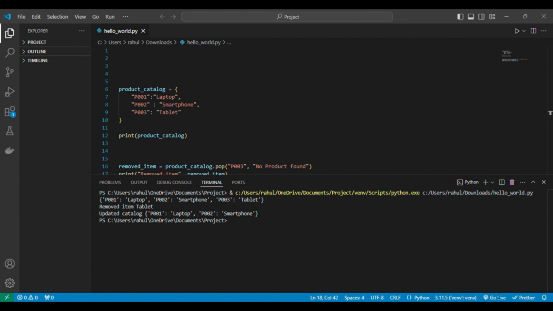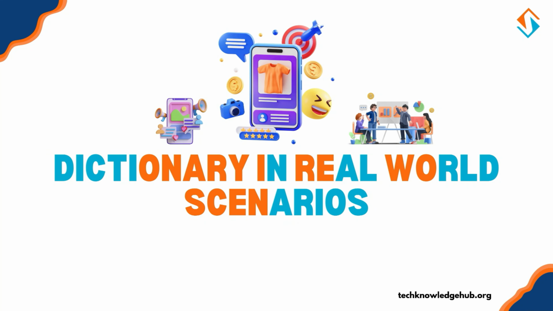This code removes the item with key P003 and returns tablet. Afterward, our dictionary no longer contains the key P003. .pop is a safe way to delete items because it also lets you specify a default message if the key doesn't exist. Now let's look at how dictionaries can be used in real-world applications.